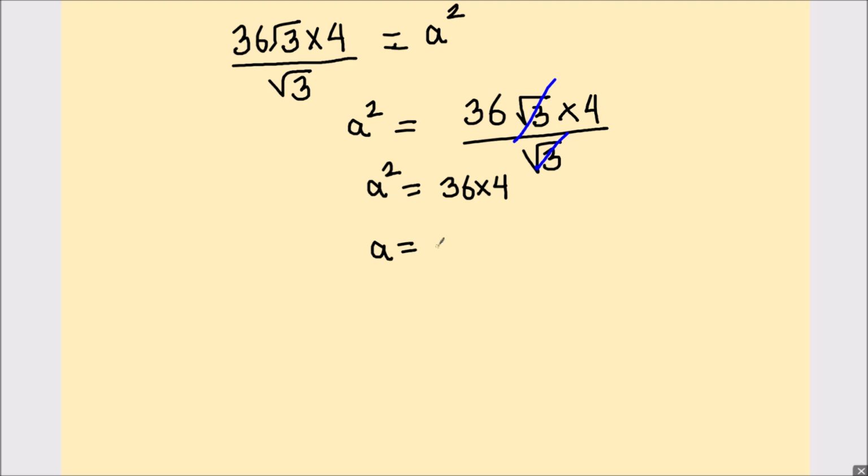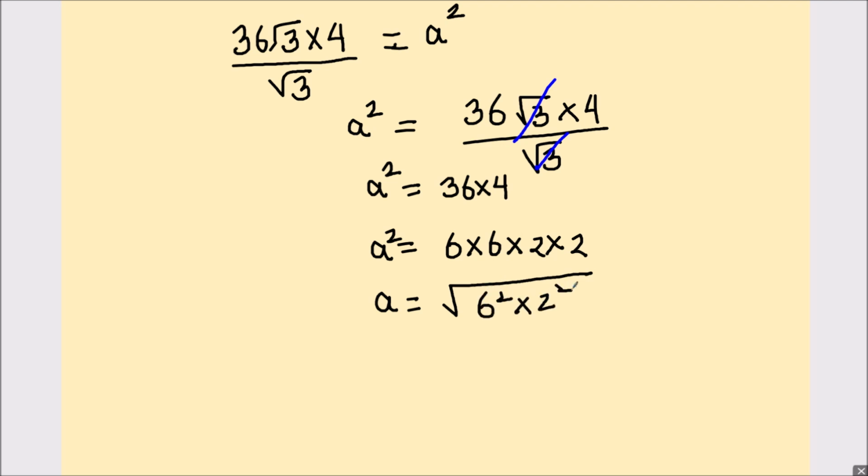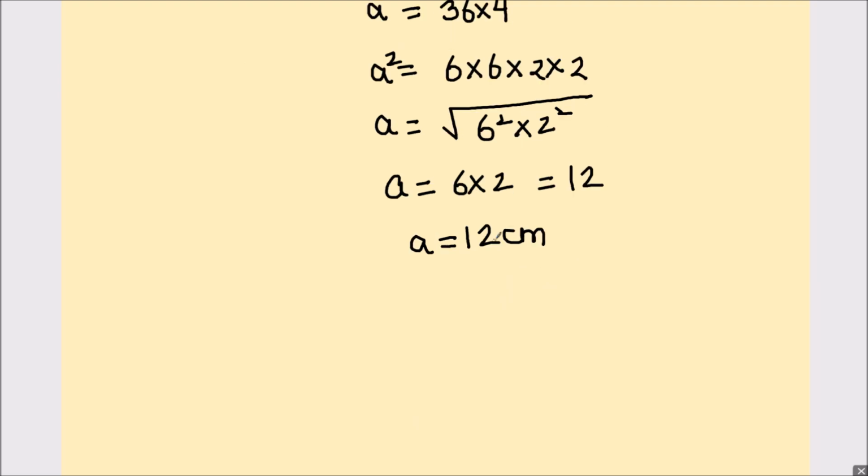or A square will be equal to 6 times 6, which is 36, and 4 can be written as 2 times 2, or A will be equal to square root of 6 square times 2 square, or A will be equal to 6 times 2, which equals 12. The side of the triangle is 12 centimeter, and as it is an equilateral triangle, we can find the perimeter,